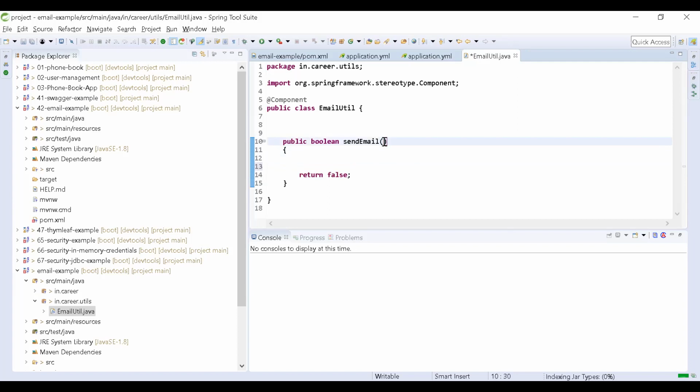What we require: String to address, String subject, String body. What you want to share in the email is the body, the subject as the subject, and String to.